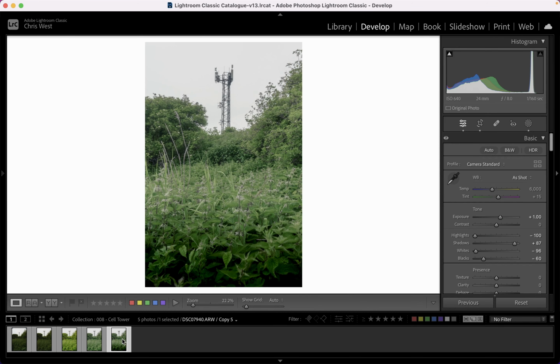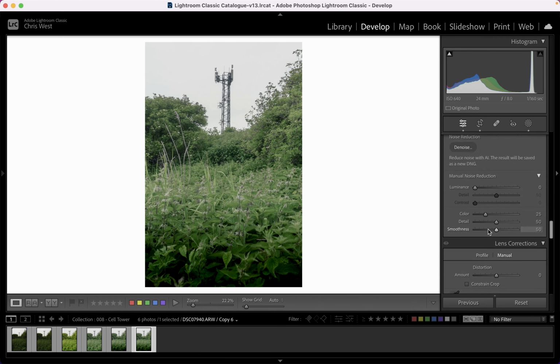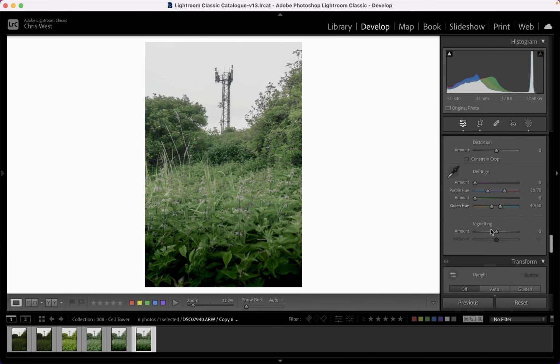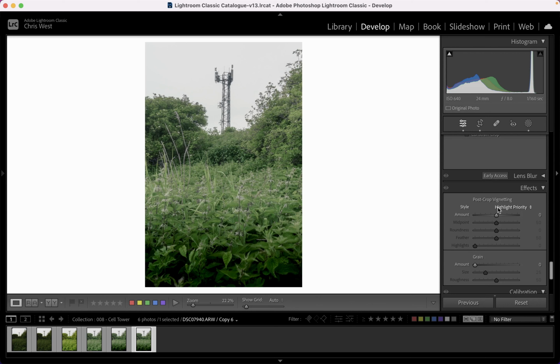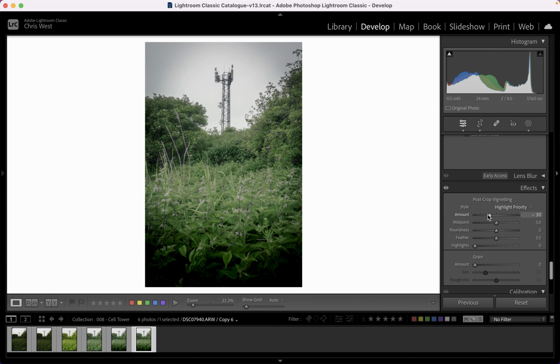So now let's add the vignette. And what I'm going to do with this is, let's bring that down. I'm going to increase the feather so it's quite soft, and I'm going to increase the highlights so they're excluded from it, so I can have more of an effect, and then that's going to affect the darker tones more